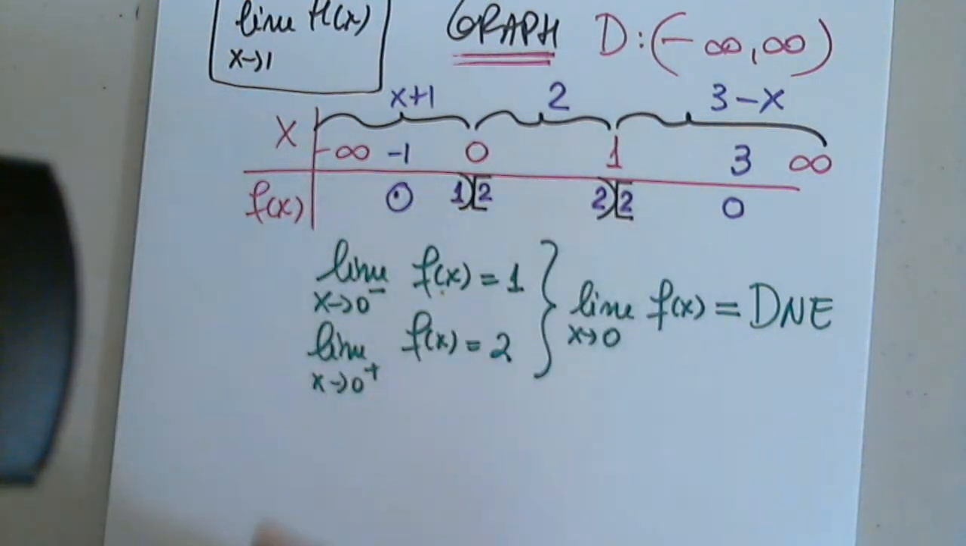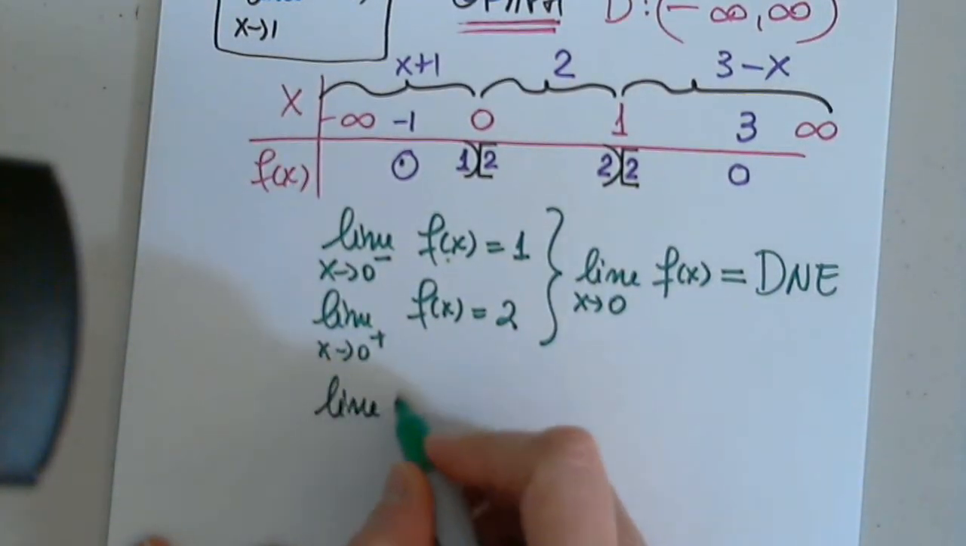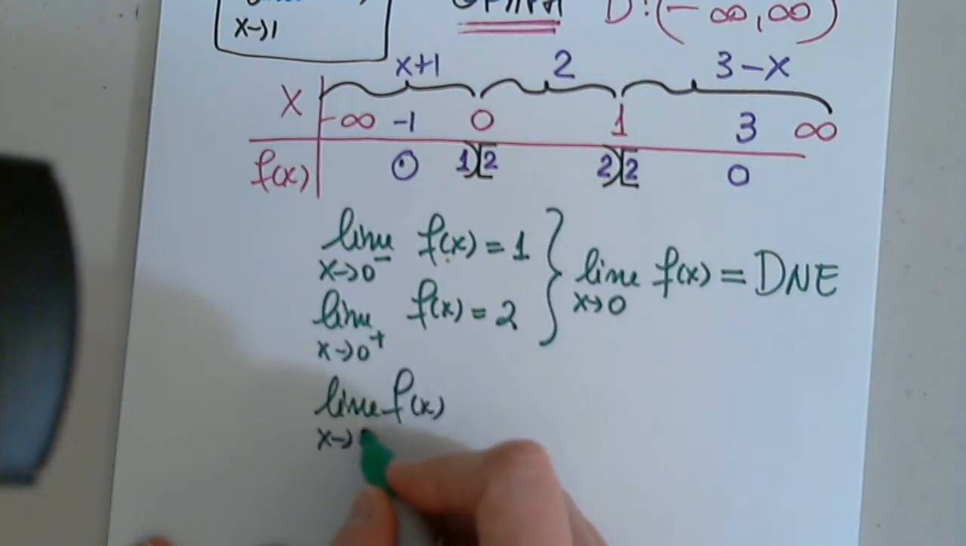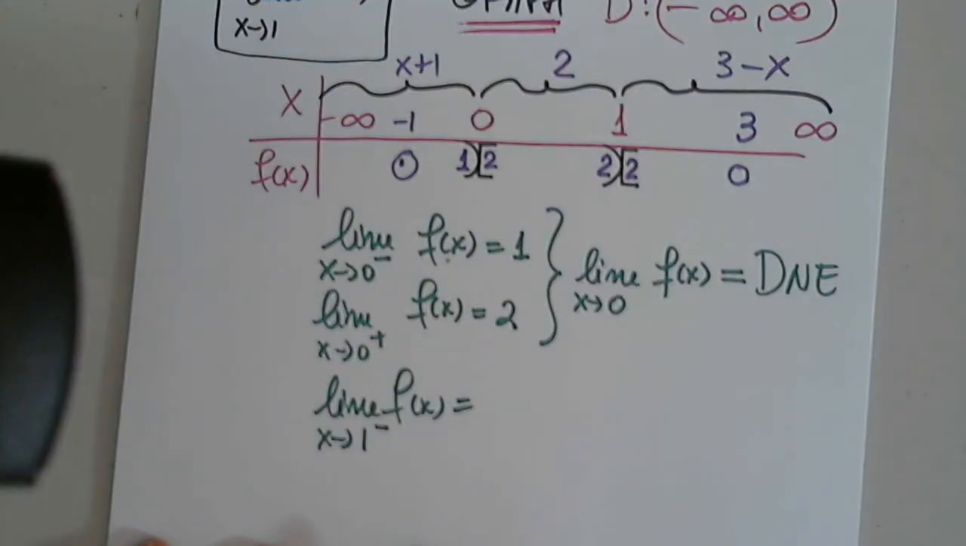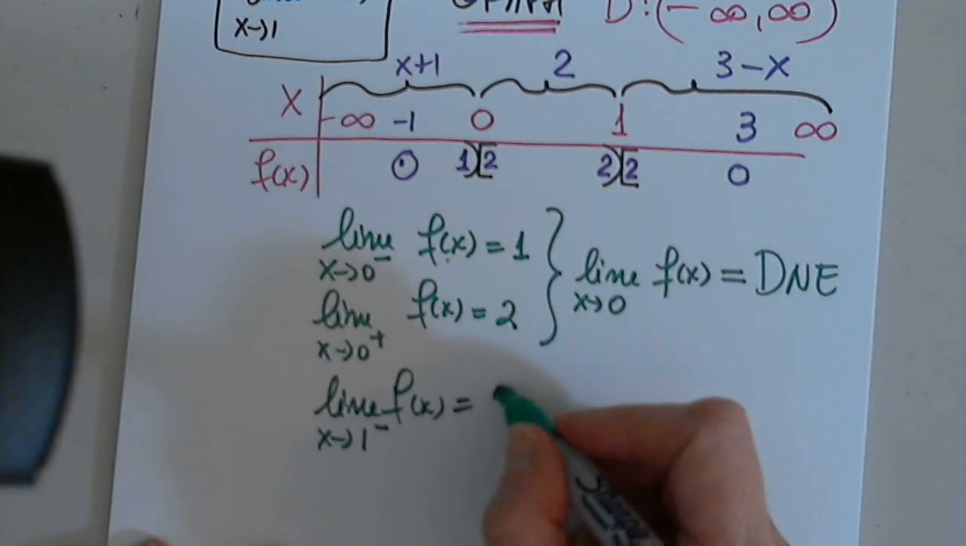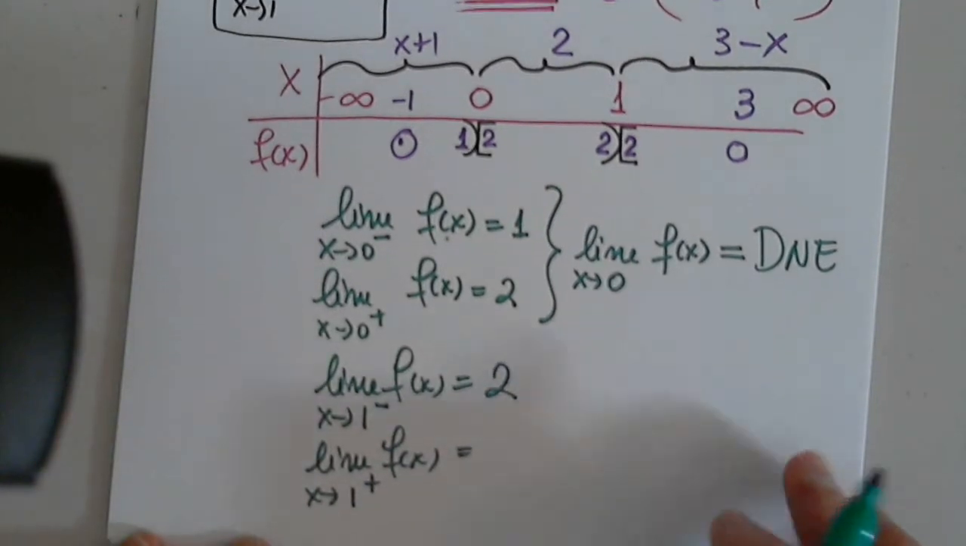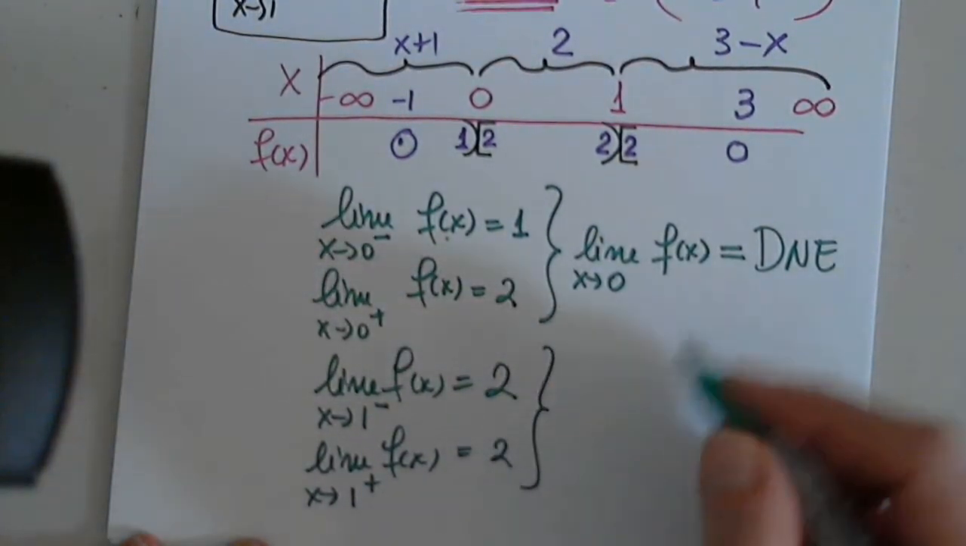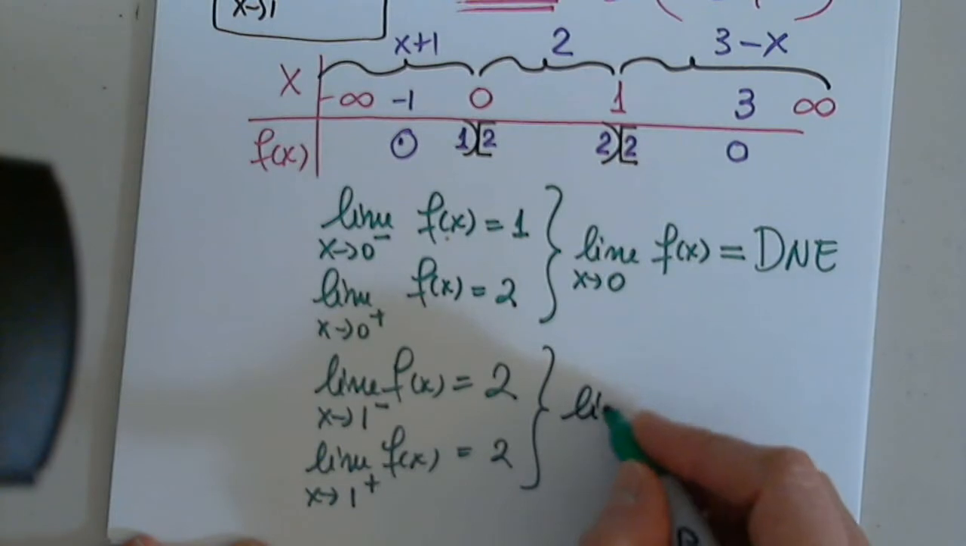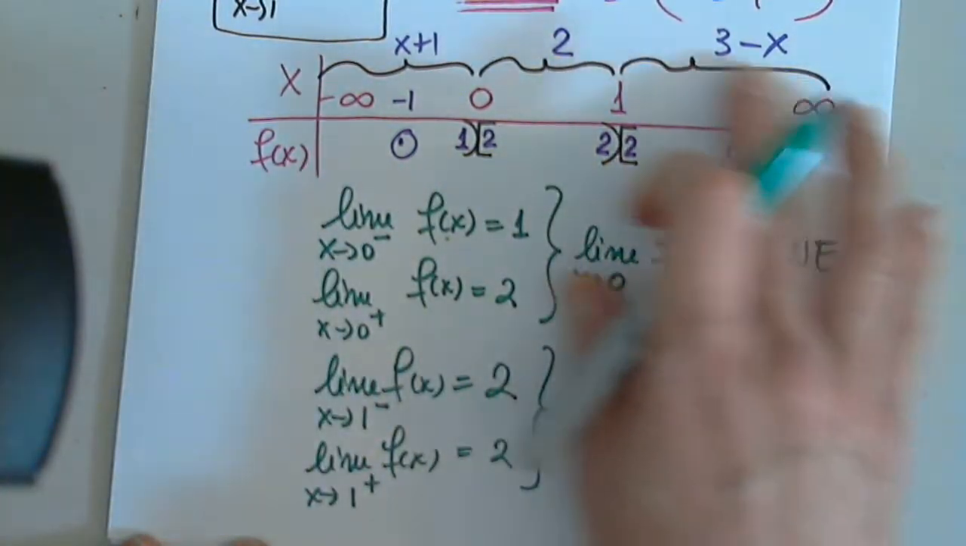Now let's see here, because we are asked to find the limit of f of x as x approaches 1 from the left. 2. And the limit of f of x as x approaches 1 from the right? So then, I don't even need to graph, because if you use the table the way I presented it to you,